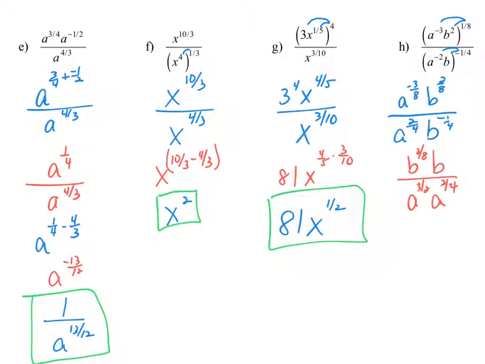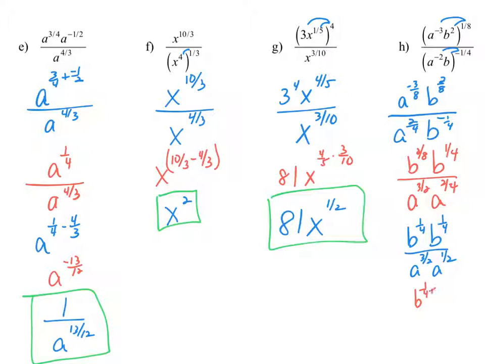And b to the negative 1/4, move it up to the top, because it becomes b to the positive 1/4. Now we can simplify those and add the exponents together. So it's going to be b to the 1/4 times b to the 1/4 over a to the 3/8 times a to the 1/2. And now by using the product rule for exponents,